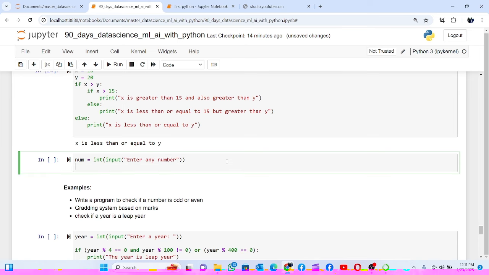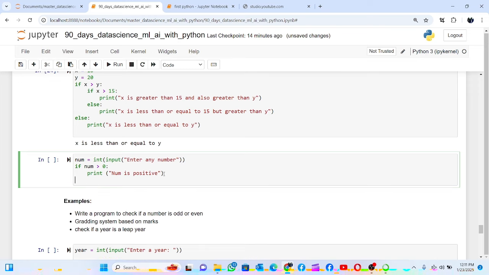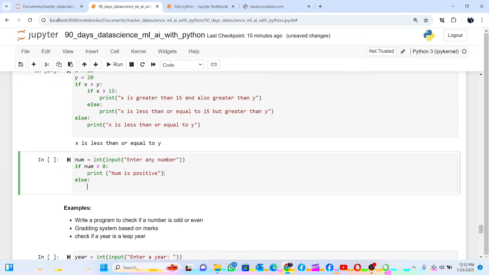Now what we do is we're going to be doing if the num is greater than 0, right? So we're going to print here that num, yes, num is positive, right? And definitely else there, else print num is